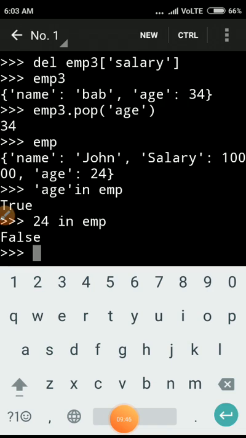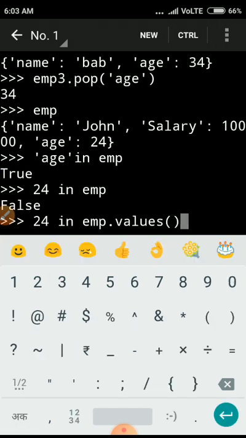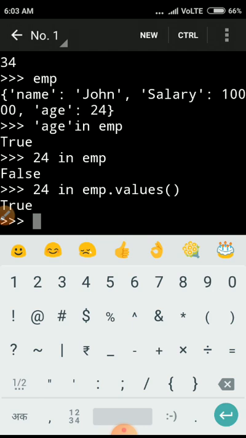So if we want to search the values also, we use the values function: the value, then in, and then the dictionary name dot values function. Then it will return true.